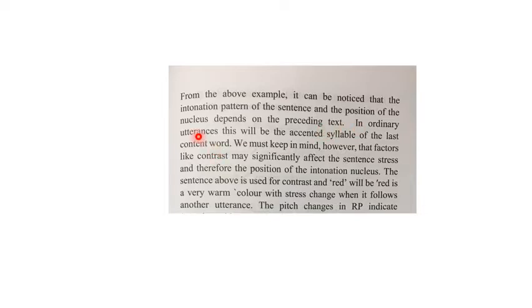In ordinary utterances، في الجمل العادية، this will be اللي هو إيش؟ النيوكليوس. This will be the accented syllable of the last content word. دائما بتكون النيوكليوس في الجمل العادية هي ال accented syllable of the last content word، المقطع اللي عليه stress والموجود في آخر content word في الجملة. زي ما شفنا كلمة color في red is a very warm color، مش كانت ال falling intonation على كلمة color، وهي آخر كلمة عليها ستريس في الجملة، إذن هي أخذت النيوكليوس. هذا في الأوردنري utterances، في الجمل العادية. بس اختلاف السياق وإيش إجا قبل هذه الجملة خلى في تغيير في الانتونيشن وتغيير في النيوكليوس. تمام؟